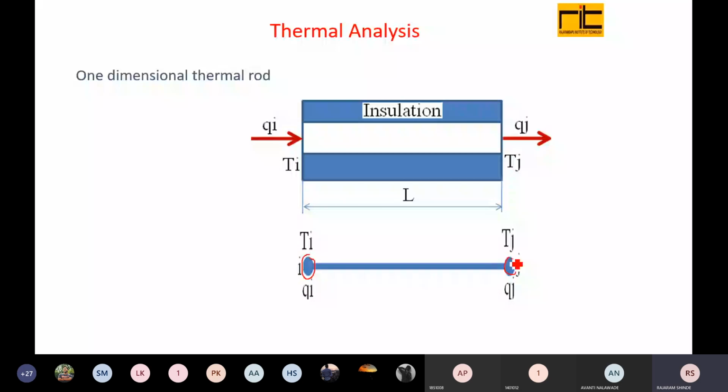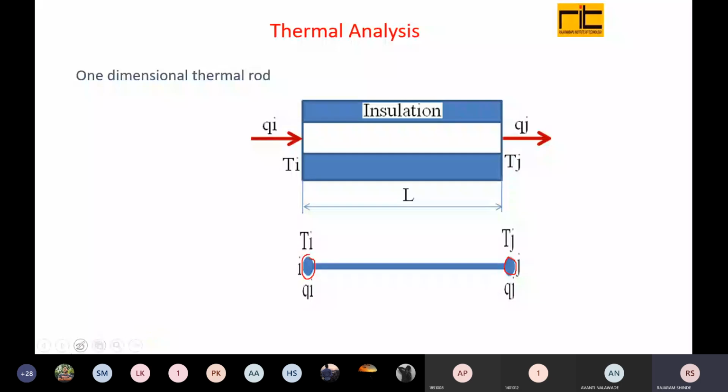Now it is a thermal rod, we can say. This is a thermal bar element or thermal rod element, or a one dimensional thermal element. See here, in software, when we select the discipline thermal analysis, it will automatically assign the properties of the thermal problem. If we select the structural discipline, software will automatically assign the properties of structural discipline. Now this is a thermal rod, it is the same as the structural element, but its properties are different. What those properties are and how we can formulate the finite element equation for this, that I will show you here.